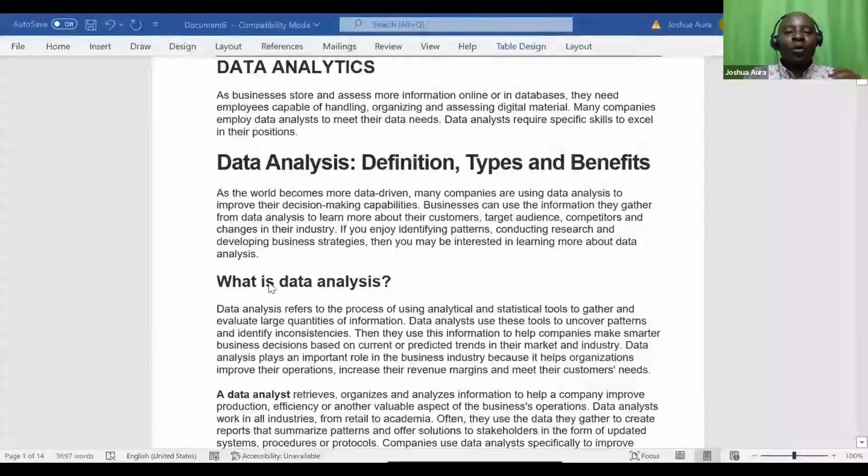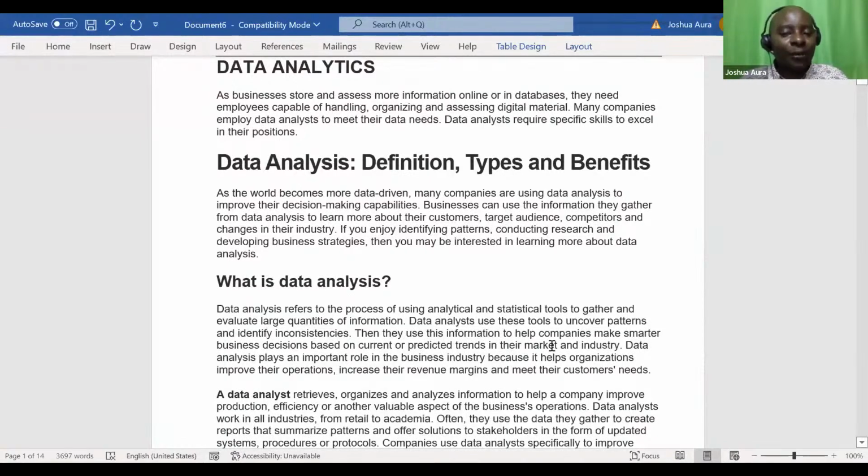Okay, so what is data analysis? Data analysis refers to the process of using analytical and statistical tools to gather and evaluate large quantities of information. Data analysts use these tools to uncover patterns and identify inconsistencies. Then they use this information to help companies make smarter business decisions based on current or predicted trends in their